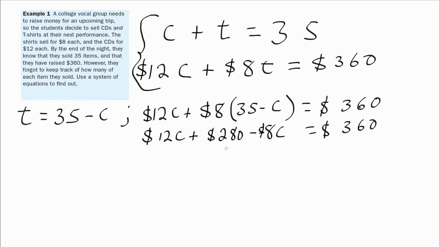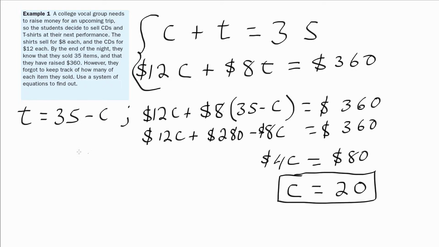Combine like terms, and I'm going to subtract 280 from both sides. 8 from 12 is 4. So that is $4 per CD times, or 4 times C. And 360 minus 280 equals $80. I'm going to divide both sides by 4. 4 goes into 4 one time. I'm left with C. 4 goes into 80 20 times. I have 20